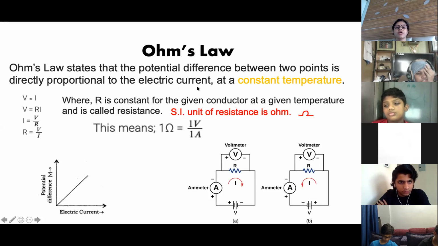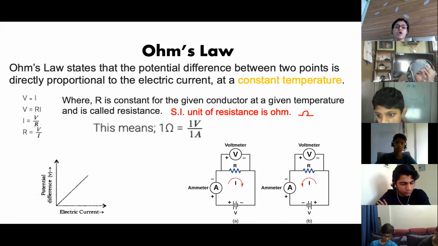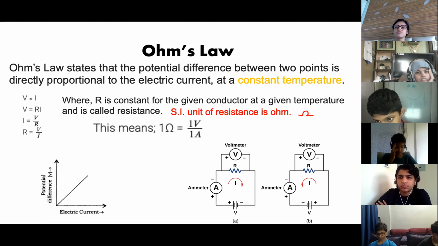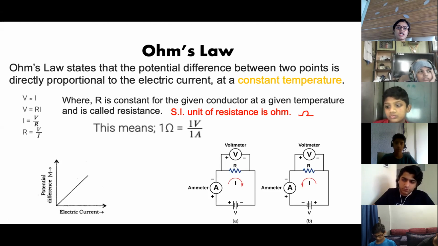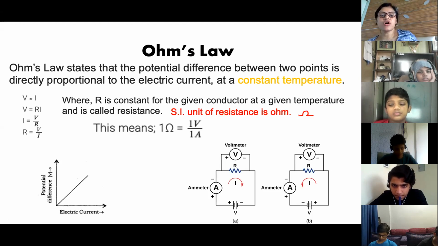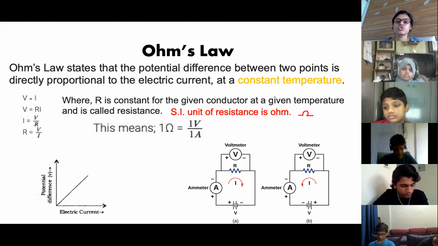Whenever statements are asked in physics, you have to write the statement. Many laws are there in physics, and you have to learn them. The first law I told you was Coulomb's law. You remember? Coulomb's law was Fe is equal to K Q1 Q2 upon R square. That was our first law in electricity. It means force is directly proportional to the product of the two charges and inversely proportional to the square of the distance between them. This was Coulomb's law.